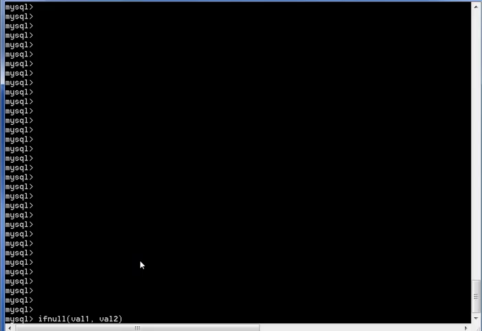This will return val1 if val1 is not null, and otherwise it returns val2. A typical use might be to say ifnull score and then quote NA to replace a null score value with an NA. So question number 4, try rewriting ifnull val1 val2